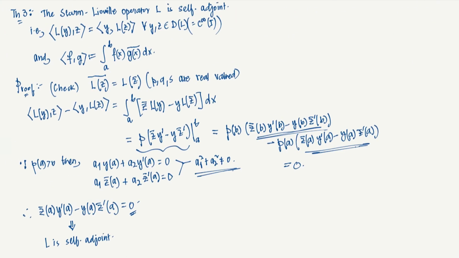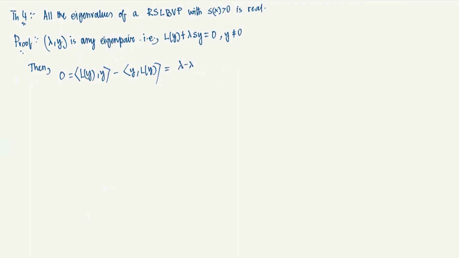Here, it is self-adjoint, right? So for any y, z in the domain of L, this identity is true, that L y acting at z is y acting at L z. I am just replacing z with y here, and so this particular thing minus this particular thing is going to be 0, right? And that will imply that lambda minus lambda bar, integral from a to b, s of x, y of x squared dx,